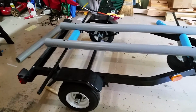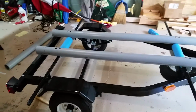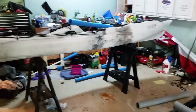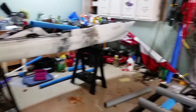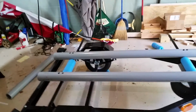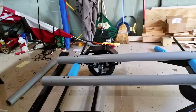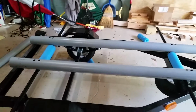Alright, this is my ride-on trailer mod for my Old Town Predator. I was originally using just pool noodles, but they were flattening out the underside of my kayak, and so, just watching some other videos on YouTube,